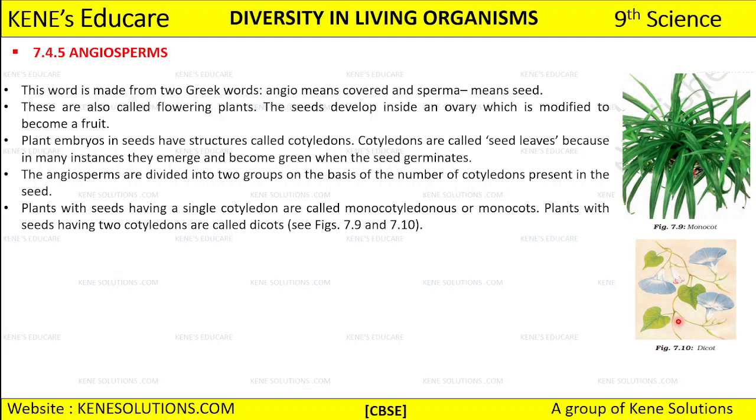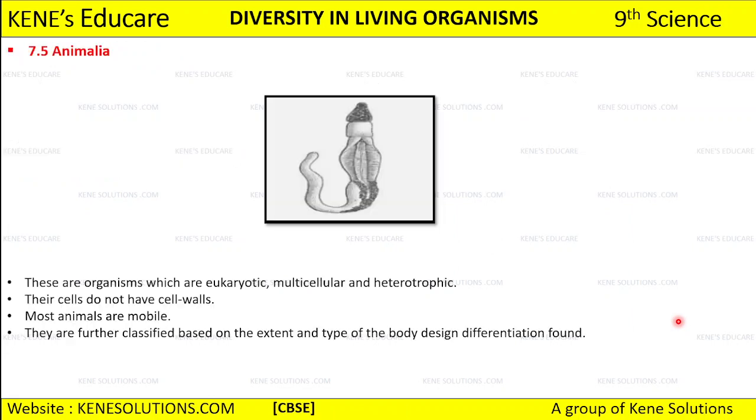Okay, now after the things we have discussed, today we are going to discuss kingdom Animalia. Now we all know kingdom Animalia includes all the animals, right? These are organisms which are eukaryotic, multicellular and heterotrophic. The organisms included under kingdom Animalia are going to be eukaryotic, multicellular and heterotrophic, because